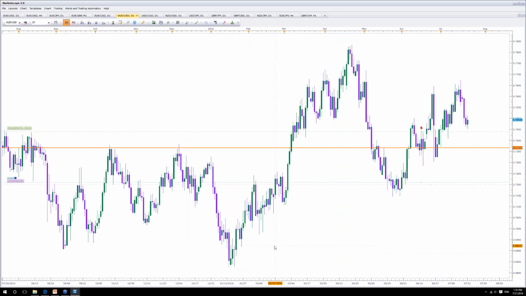So for that reason, we're going to do a technical analysis on Aussie dollar, Australian dollar versus US dollar. Let's do that first. Please keep in mind that when I'm doing this technical analysis, you also have to really pay attention to